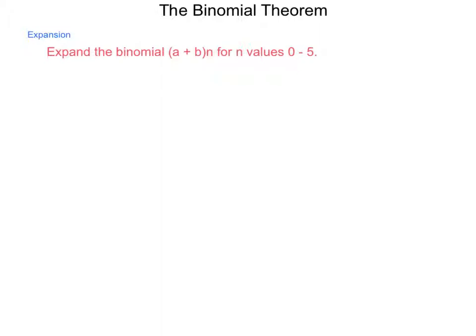We will later come back and revisit this when we look at probability systems that will help us to find some of these values a little bit more quickly. But to begin with, we're going to expand the binomial a plus b to the n for n values of 0 through 5. Now to do this, we're going to make a table,